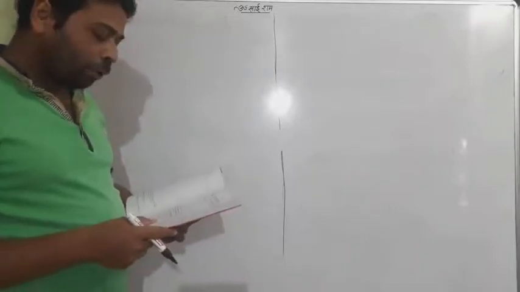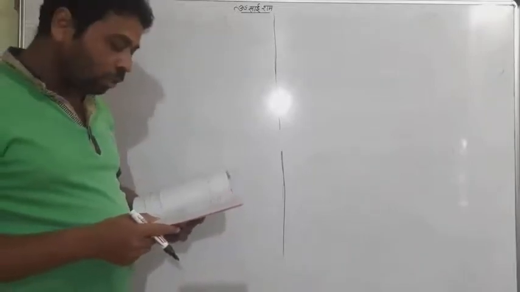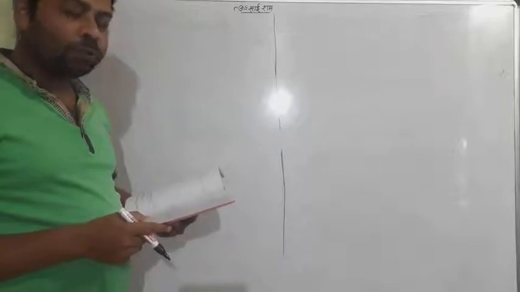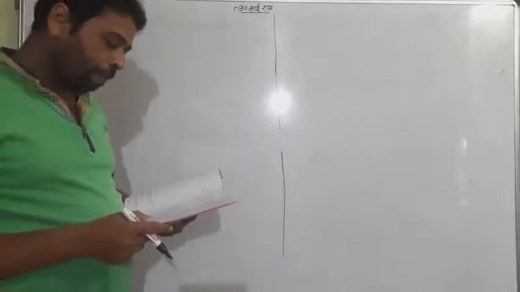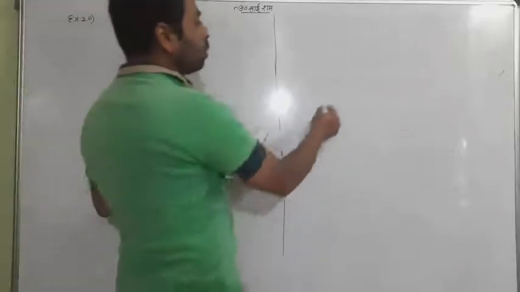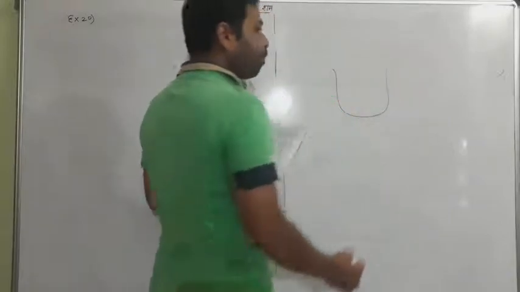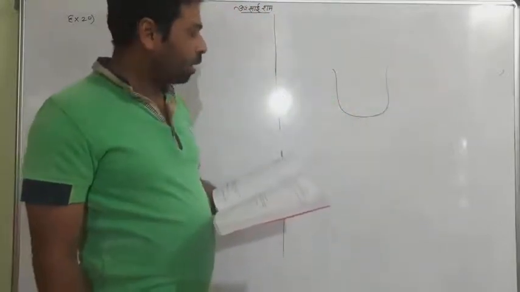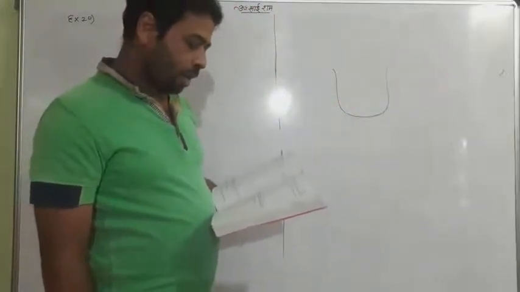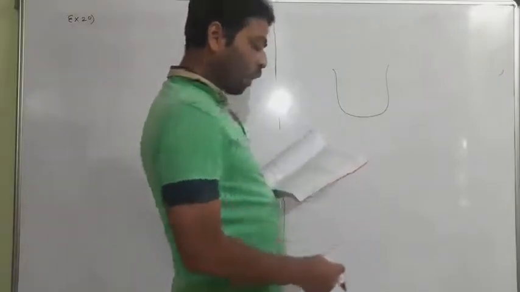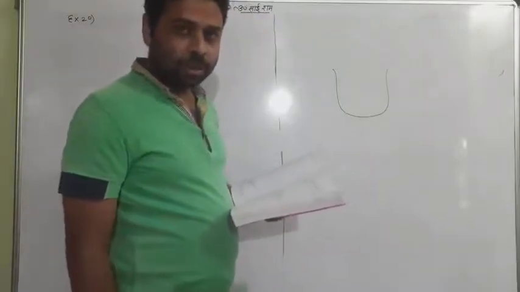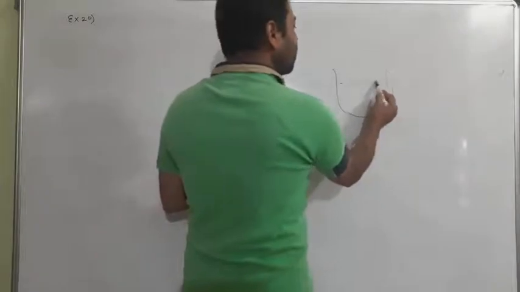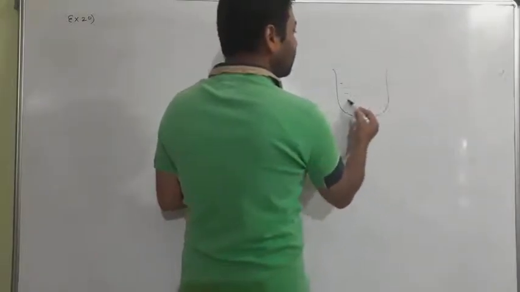A manufacturer has 600 liters of 12% solution of acid. How many... Try to make a picture. Suppose this is a pot, and in it is 600 liters of 12% solution of acid. You can understand that it is containing 600 liters.